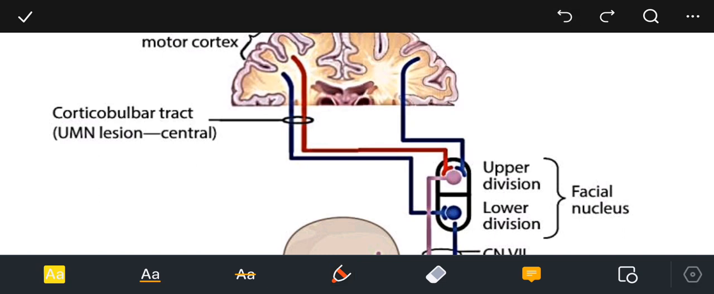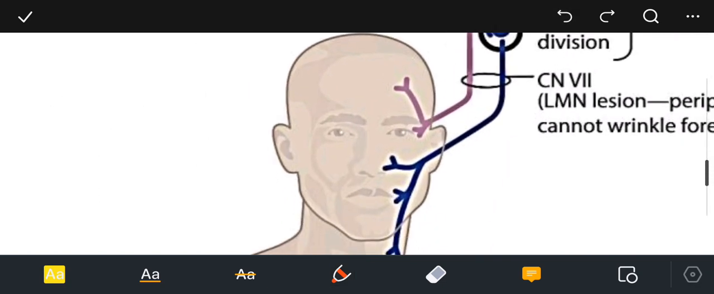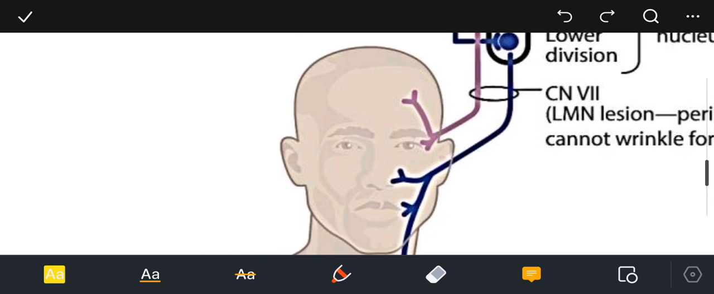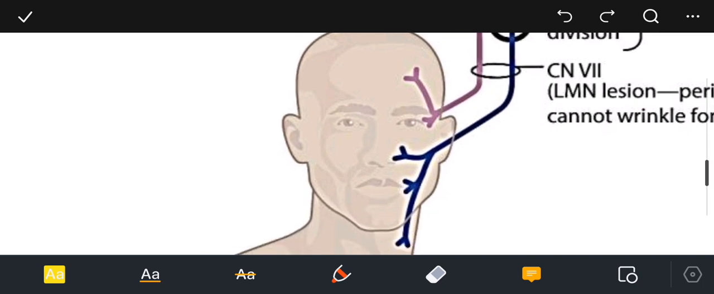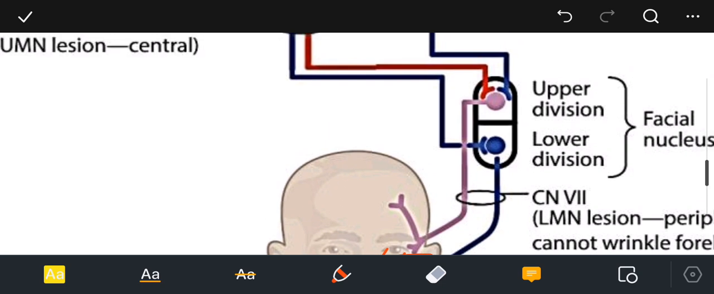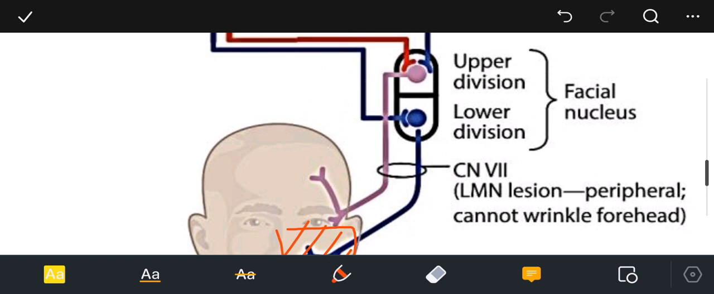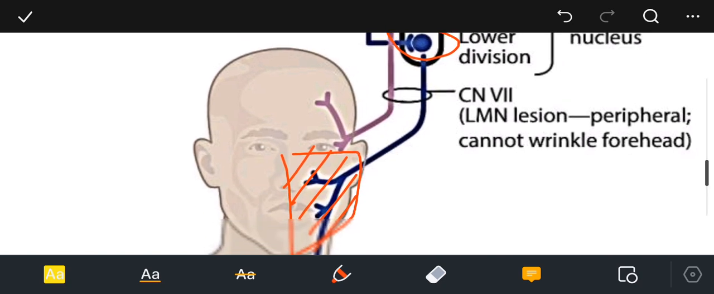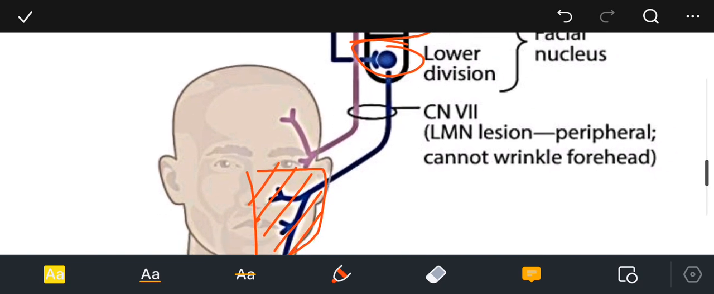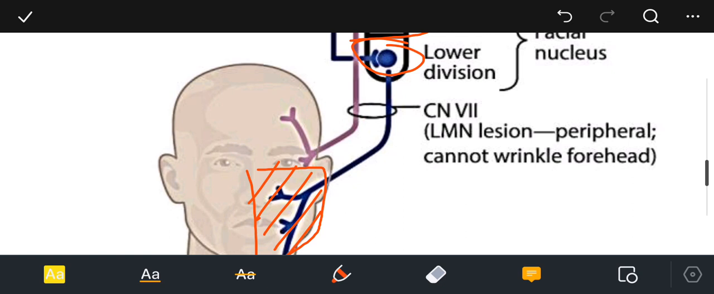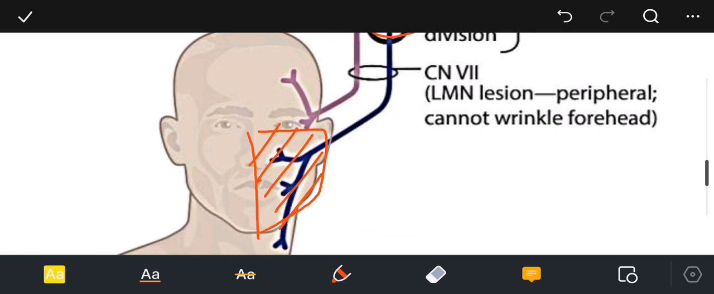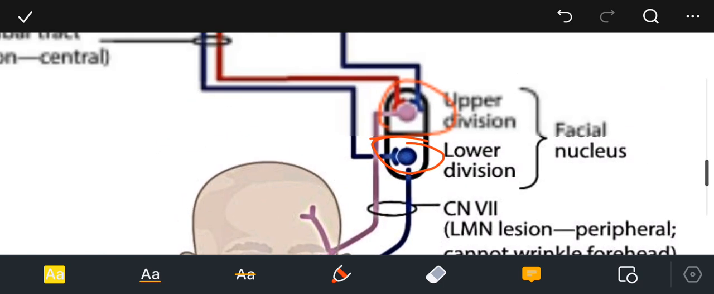Now if we look at the face, you can see that if the lower motor neurons, these blue neurons, are damaged, they are affecting only the lower side of the face, right. The facial nerve nucleus is divided into two parts: the upper part, which supplies the upper part of the face, and the lower part that is supplying the lower part of the face. If there is some damage to the lower nucleus or the lower motor neurons, that will lead to deficits on the ipsilateral lower part of the face only. But if there is some damage to the upper motor neurons,